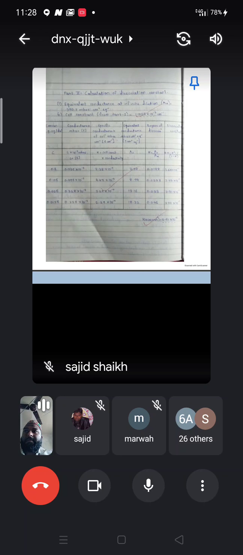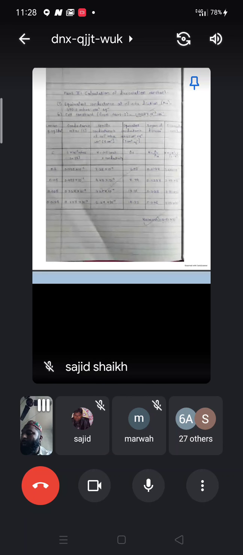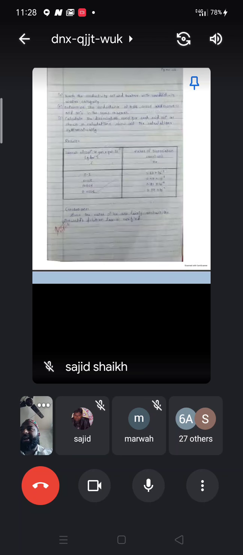In the readings, whatever the values of K we got for these different concentrated solutions are near about constant. That is 3.60 into 10 raised to minus 5, 2.47 into 10 raised to minus 5, 2.81 into 10 raised to minus 5, 2.7 into 10 raised to minus 5. These are all near about constant. That's why while writing the result, you have to write the concentration in gram equivalent per liter or say dm cube, and the value of the dissociation constant in the result.